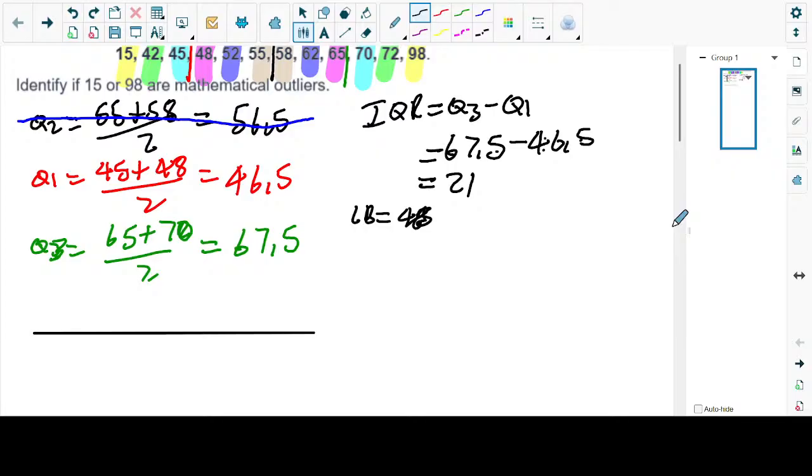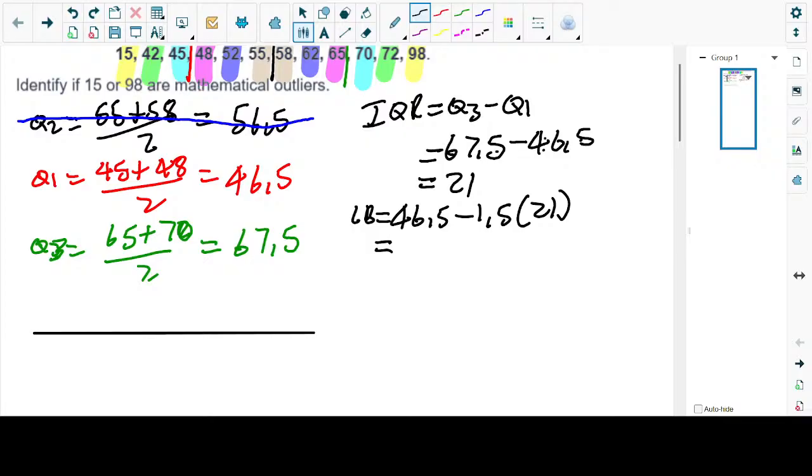The only thing you did wrong is the IQR. Yeah, finding the IQR, yes, it got me. So then it's 46.5 minus 1.5 multiplied by 21. By which the lower boundary is gonna be